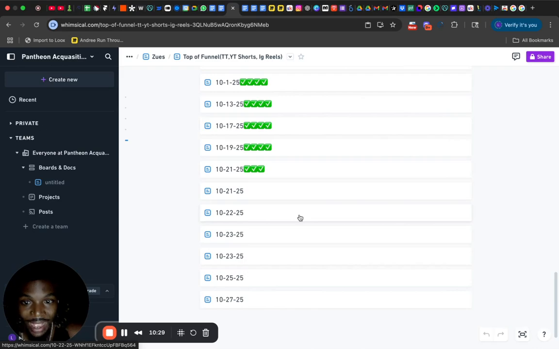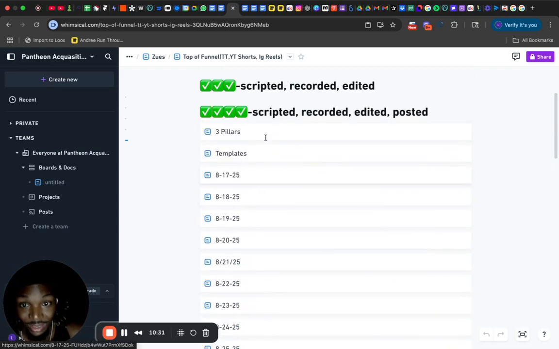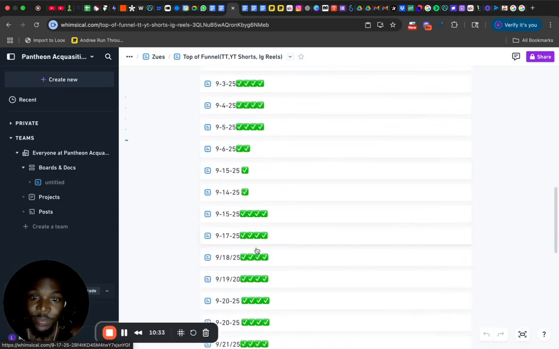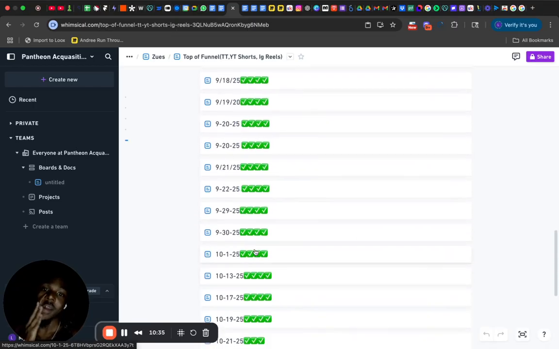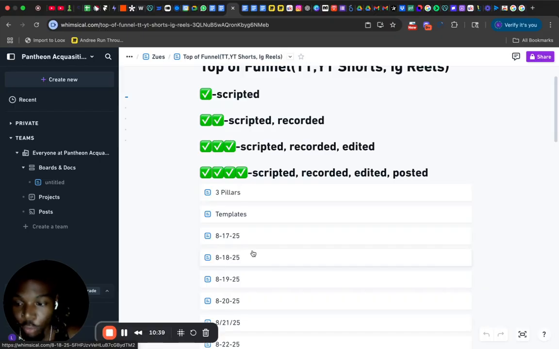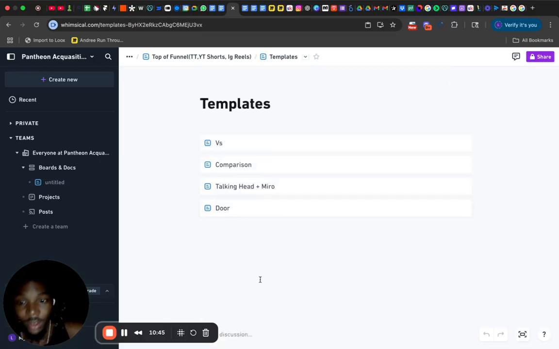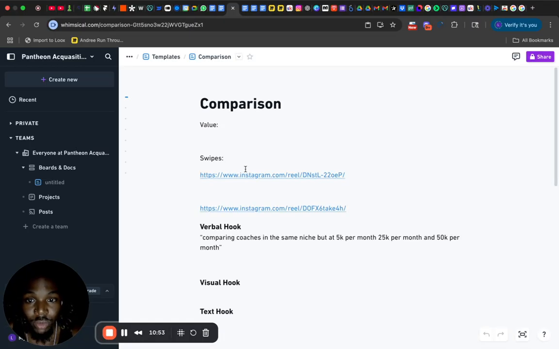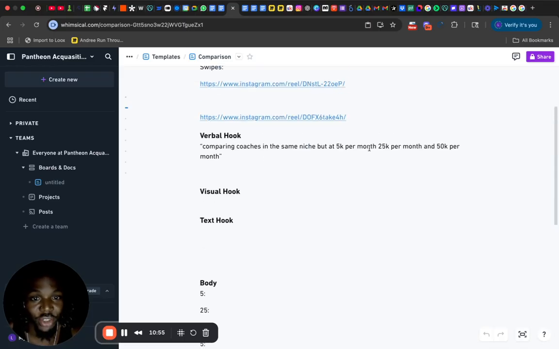I don't have to do this section in depth anymore because I got really good. Then you'll get formats that you can see perform pretty well, and what you do is templatize them so you can quickly spit them out. These are the formats that work well for me. The two I'm going in on right now are comparison, comparing coaches and theories,